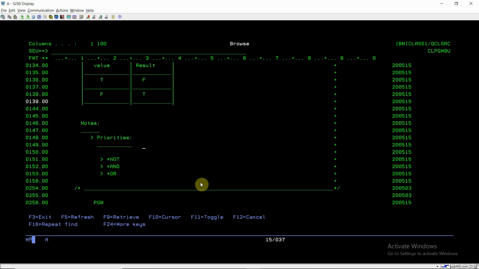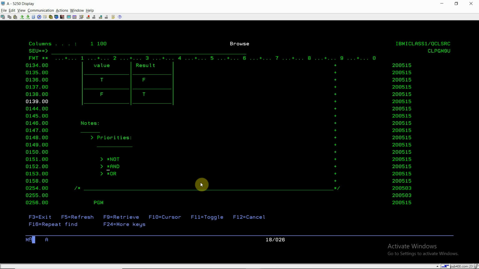Now there are some notes for you. I just defined the priorities of execution of these logical operators. If an expression is defined using *NOT, *AND, and *OR, the priorities are as follows: first, *NOT is evaluated. Second, *AND is evaluated, just like the BODMAS rule.